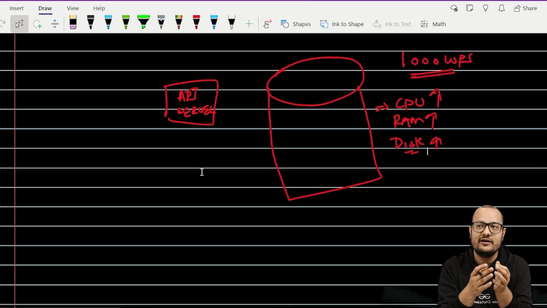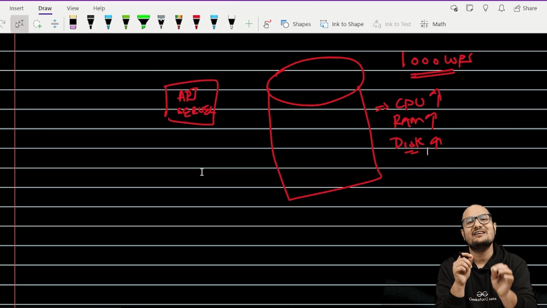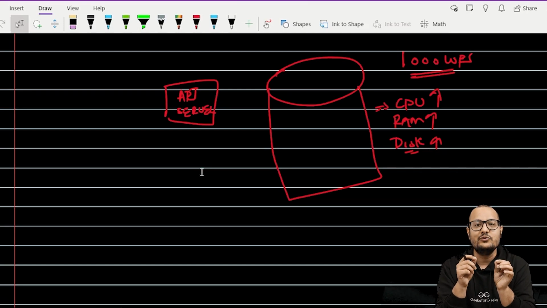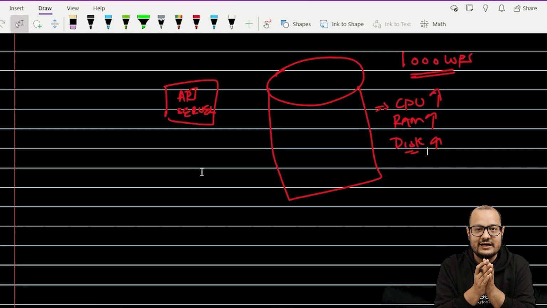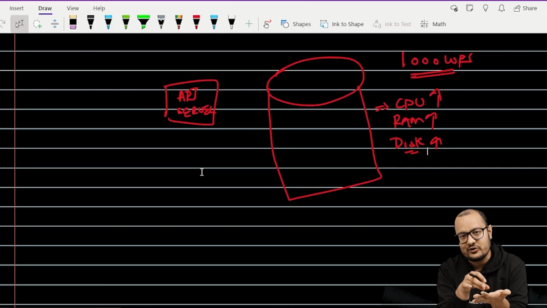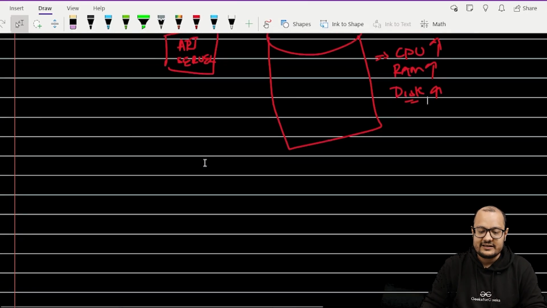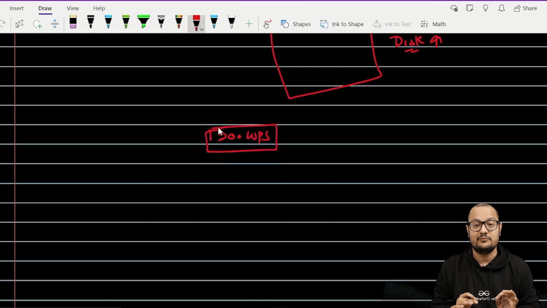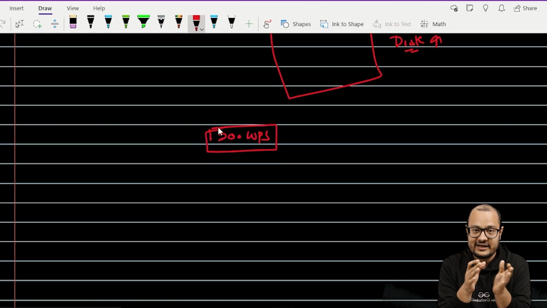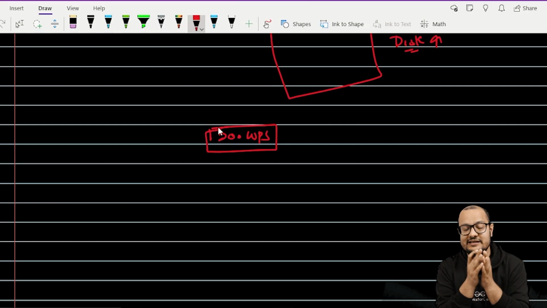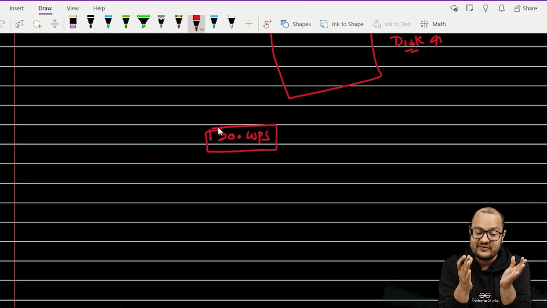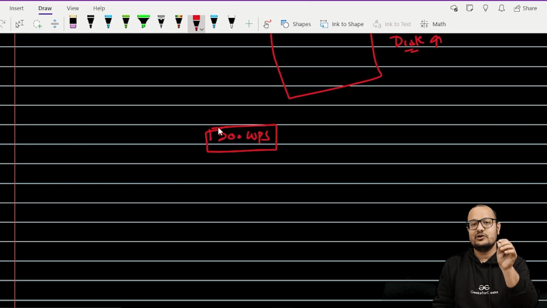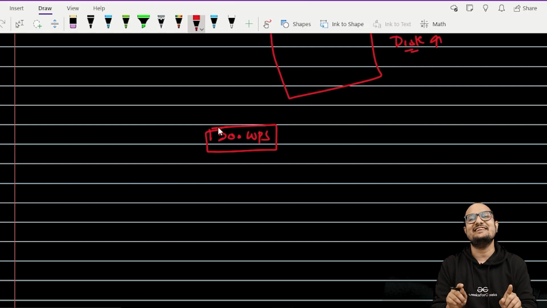Let's see the example of a mobile phone. If your mobile supports 64 GB of data, you cannot install a 128 GB SD card on it, because physically it is implemented to support only 64 GB. Now let's say you have to handle 1500 writes per second. Now that's the problem, because vertical scaling has a limit and I was able to handle 1000 writes per second, but now we have to handle 1500 writes per second. What's the solution? The solution is horizontal scaling.